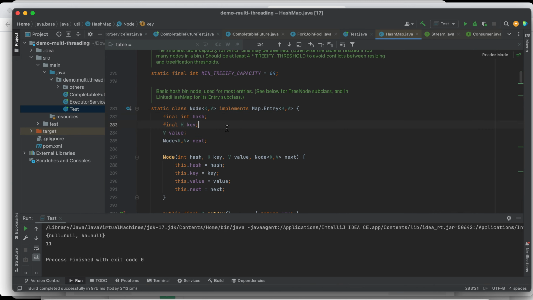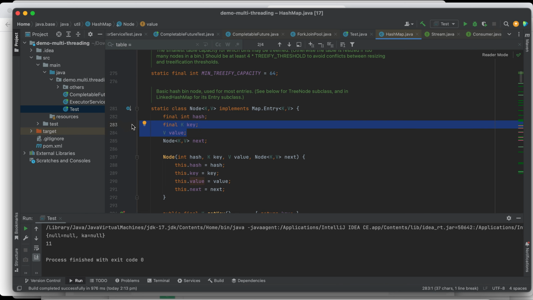But basically, bottom line here is this node contains, as I said, the key, value, and the hash, and next. We don't really care about the hash and next. From a developer's perspective, we only care about the key and value, right?